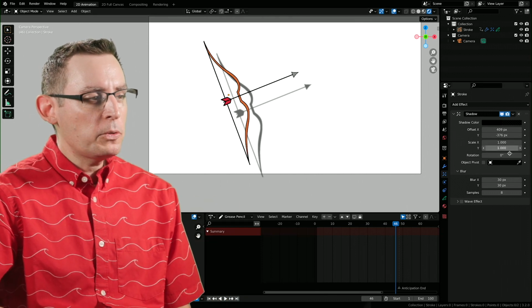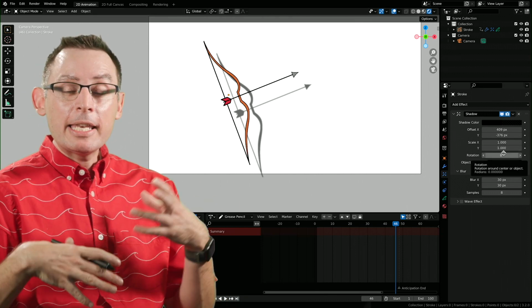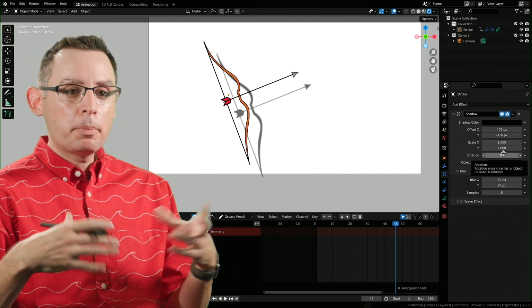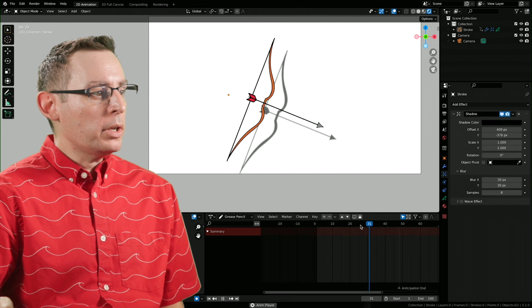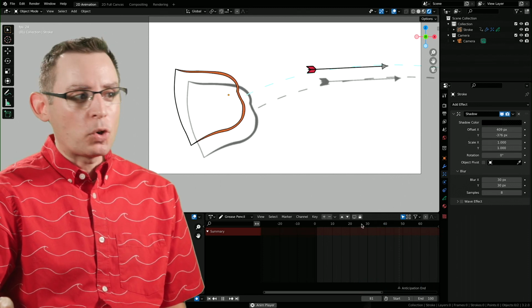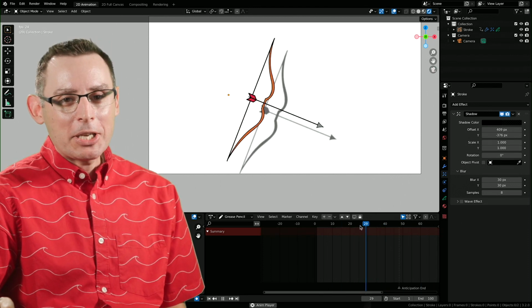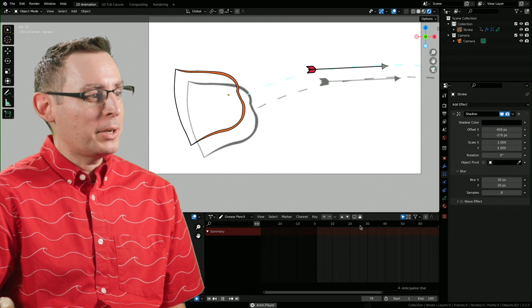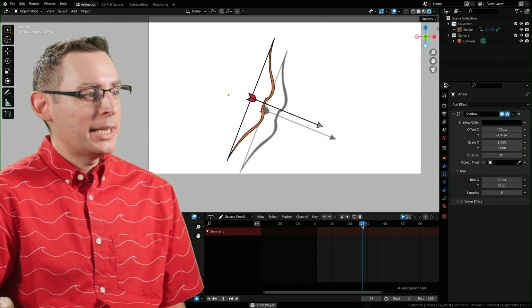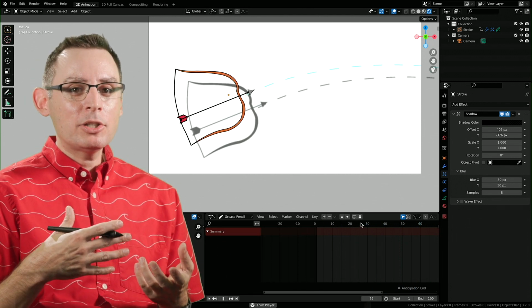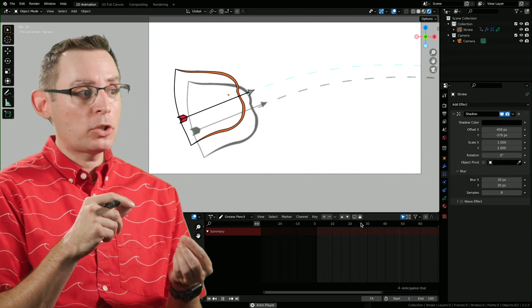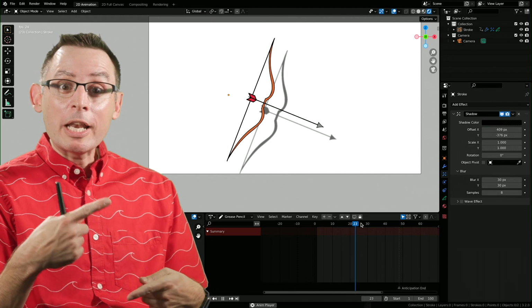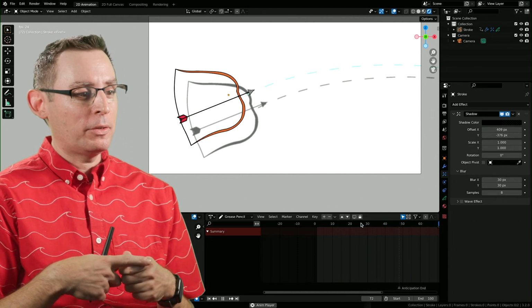This is just a fun way for us to very quickly go in and add an effect that's going to be applied to the entirety of our animation without having to go in and worry about baking that drawing into the effect. It's even doing the dot dash modifier, which I forgot to turn off, but you can kind of see the idea behind this. Anytime we make a change to the animation, this effect is going to be applied to it. It's not linked to a specific drawing. It's being drawn and created after the fact at the object level.